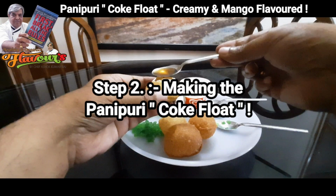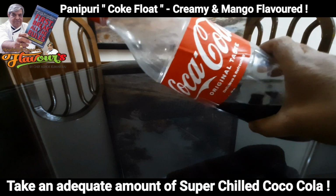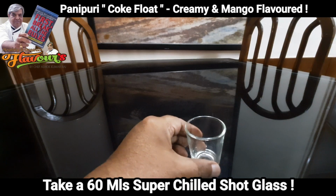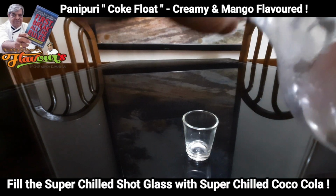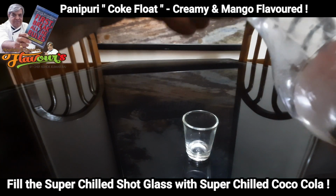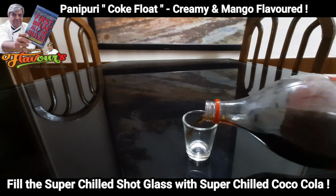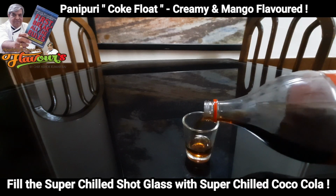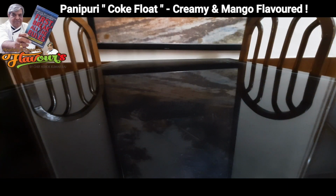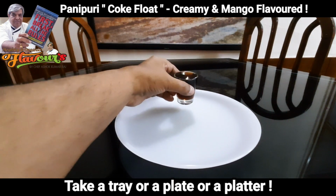And for step 2, making of Panipuri Coke float. Take an adequate amount of Coca-Cola. This should be super chilled, by the way. Take a 60 ml or 90 ml super chilled shot glass and fill the shot glass with Coca-Cola. When done, place it on a platter or a plate or a tray,